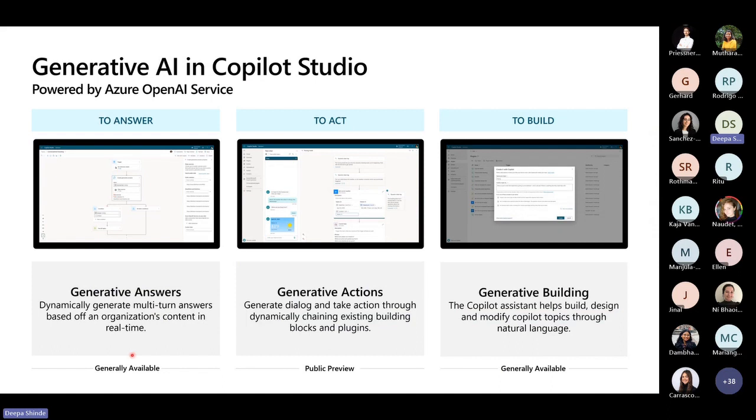Now, I think I have explained the generative AI functionality right in the beginning. It's pointing to multiple SharePoint sites or pointing to internet sites, and it does RAG in the backend. It's a black box. You just have to start using the Copilot. Generative actions, again, are more based on plugins. It's for taking actions, writing workflows, integrating your APIs. It's basically to act. This is to answer, as I said, and to build.